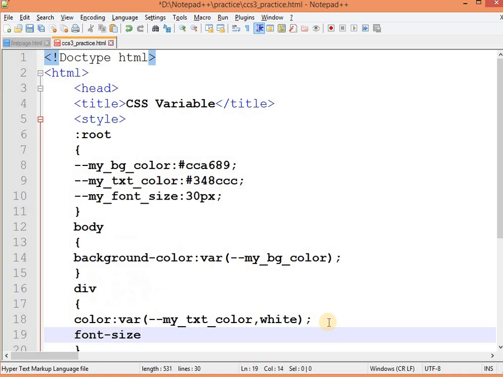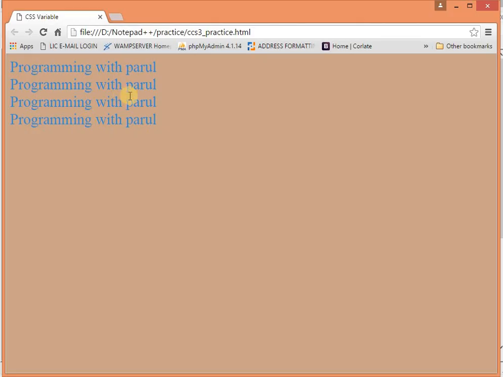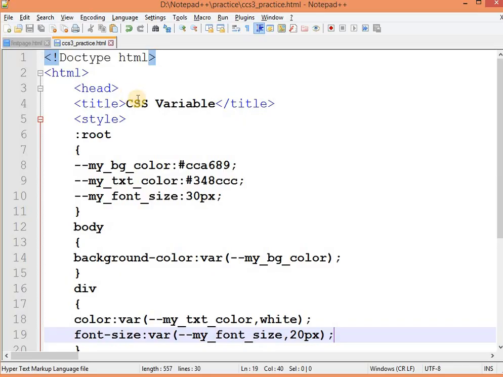Font size, variable, inside the variable dash dash my font size. If it's not working, then by default it is 20 pixel. Save this, refresh. You can see how you can use a variable name.